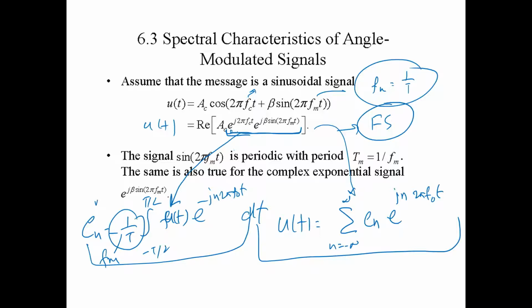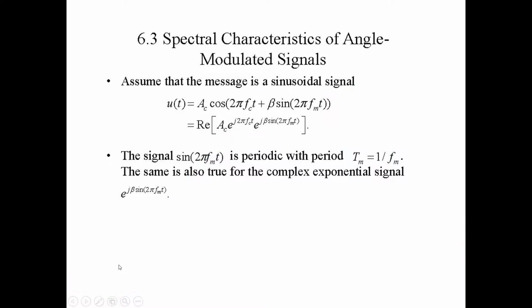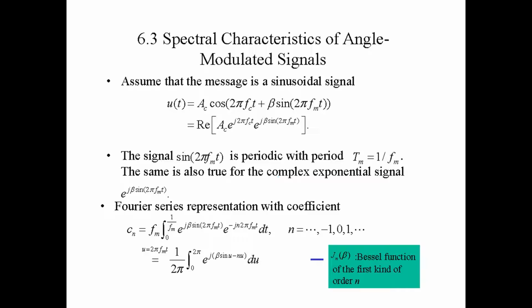So basically I have to integrate this thing. If we integrate and do some more simplification, I just put u of t here, and this is my j n omega naught t component. The message signal is just a constant periodic signal; its frequency is not changing, for example a 5 kilohertz message signal. In angle modulation, what is happening? The frequency of the carrier is changing.